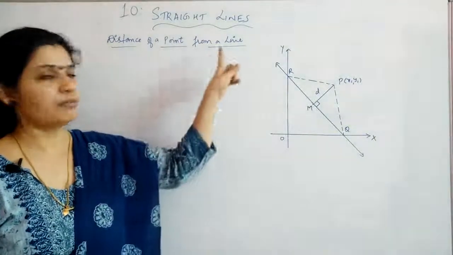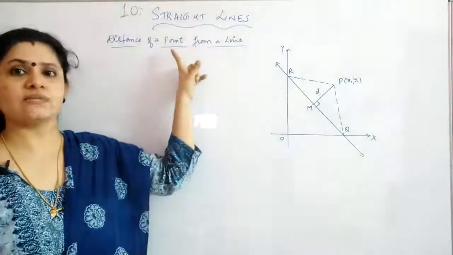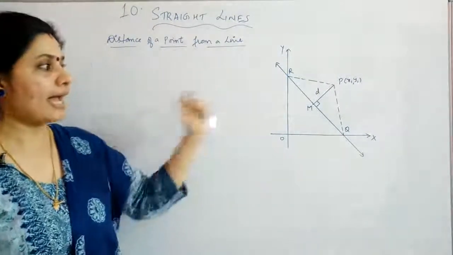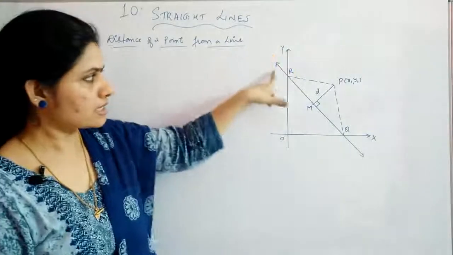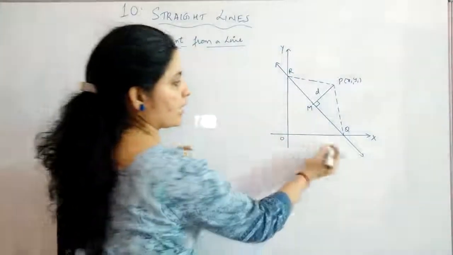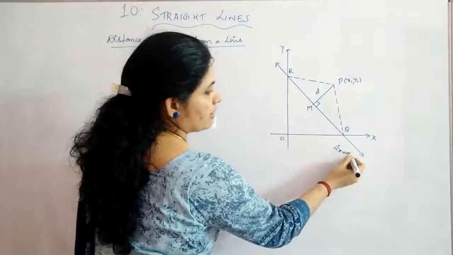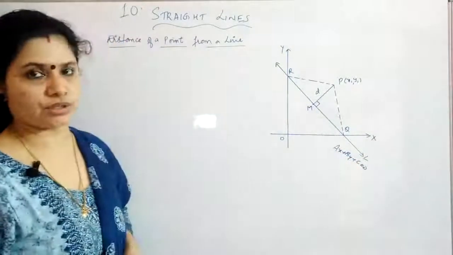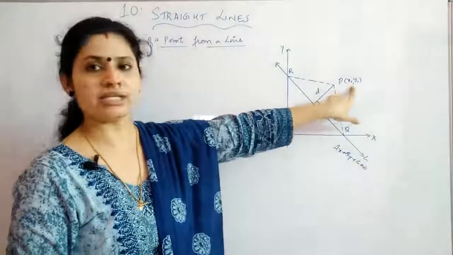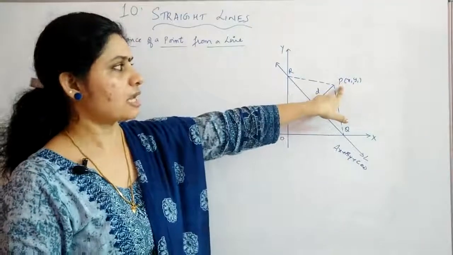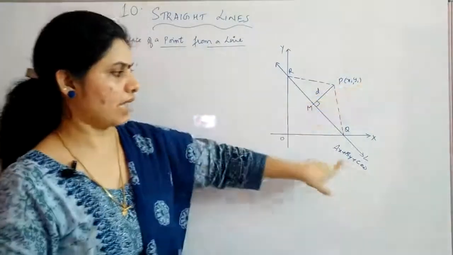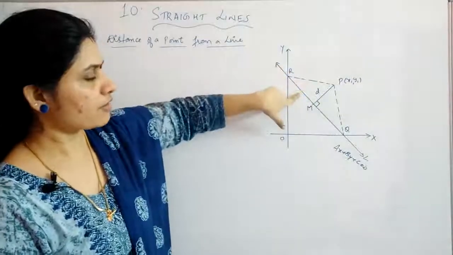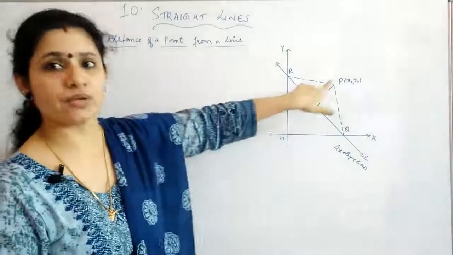That means you have been provided with a line and one point will be given. You have to find out the distance between that line and the given point. That is, this is the given line. Suppose this is ax plus by plus c equal to 0. That is, the line is ax plus by plus c equal to 0, and the given point is (x1, y1). So let us take it as P. So P of (x1, y1) is given and the equation of the line is given. We have to find out the distance; when we say distance, it will be perpendicular distance only.